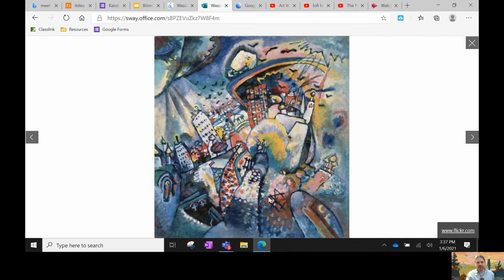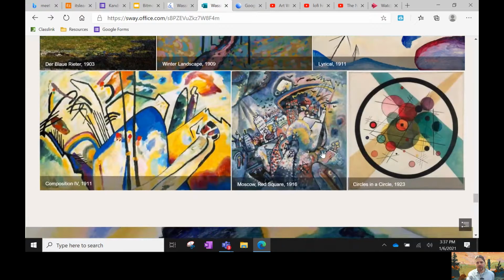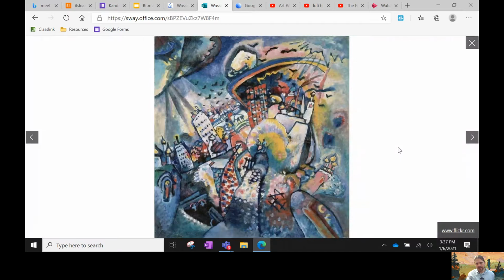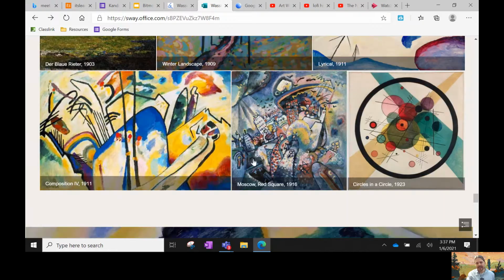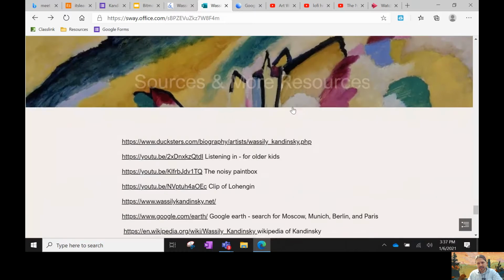And this one's called, I believe, the Red Square in Moscow, where he was born. Yeah, Moscow, Red Square. You can see the buildings, but they're simple, and they're shifted over to the side, and it looks like it's dancing. And I keep clicking something that makes it move. And this is totally abstract. It's just a representation of a sound and a feeling. So that's the kind of artwork Vasily Kandinsky did.